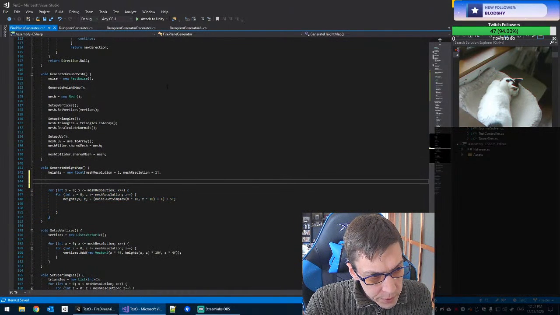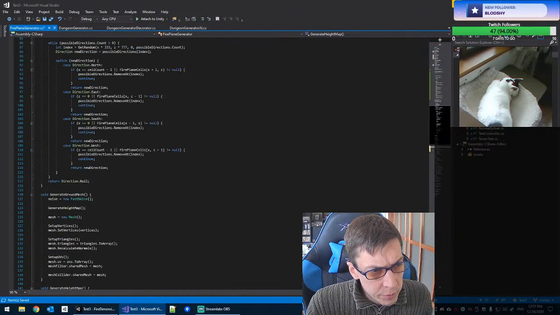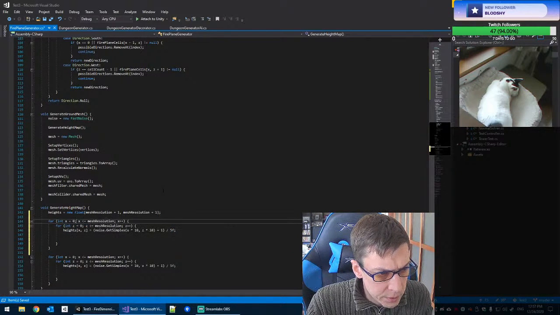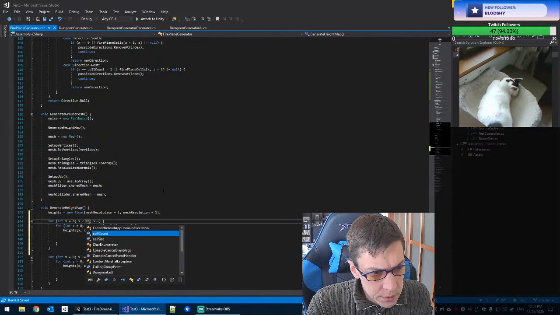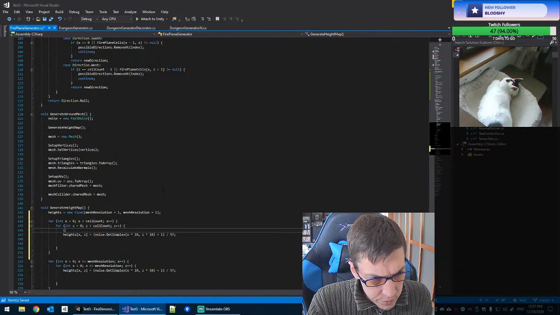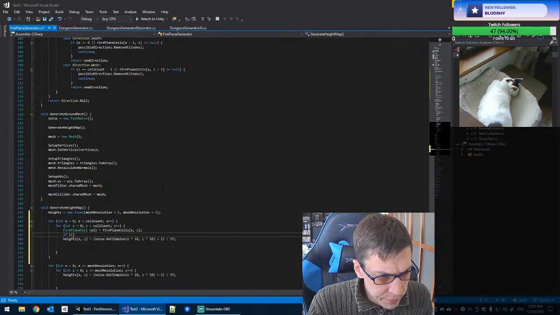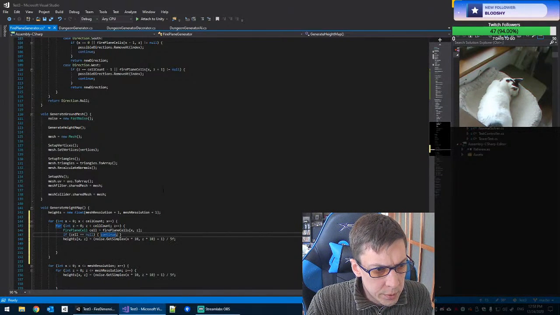We're going to do something like this, but it's actually going to be cell count. We made a number for that already. Cell count, x equals 0, x less than cell count. X equals 0, less than cell count. I'm going to do cells. So let's do fireplane cell, cell equals fireplane cells xz. And if cell is equal to null, then we're not going to mess with anything. We're just going to leave it